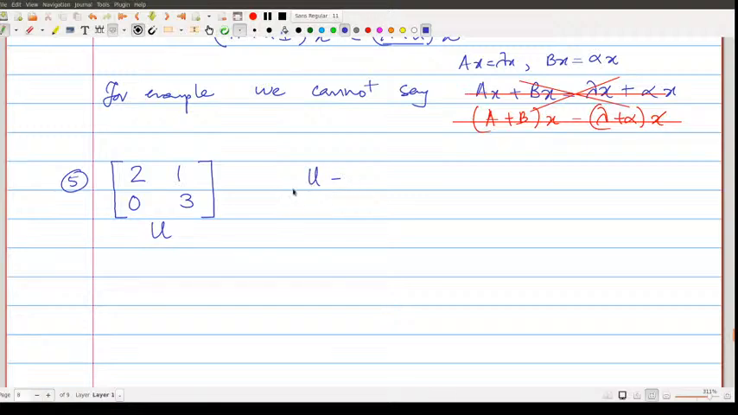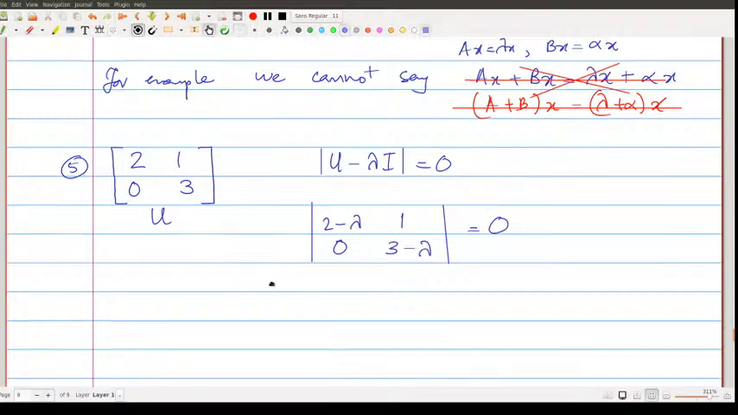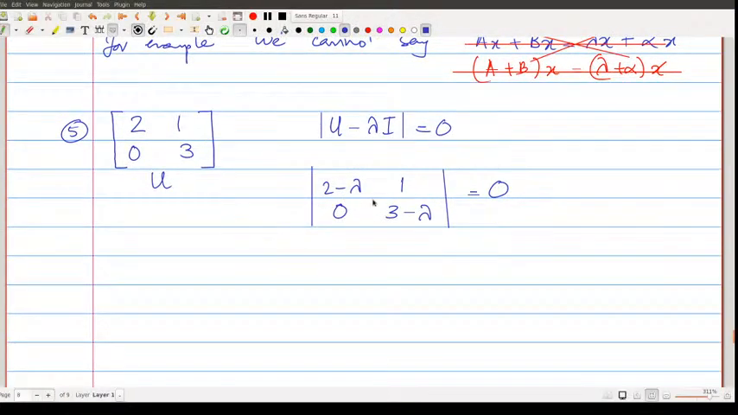With U, I want to solve again the characteristic equation: determinant of U minus lambda I is equal to 0. So how do we do that? The way we do that is 2 minus lambda, 1, 0, 3 minus lambda. I want to find the determinant of this, and it is equal to 0. How do we find the determinant? Multiply these two entries, and this is going to be nothing. So (2 minus lambda)(3 minus lambda) is equal to 0, and this is already a quadratic equation which has